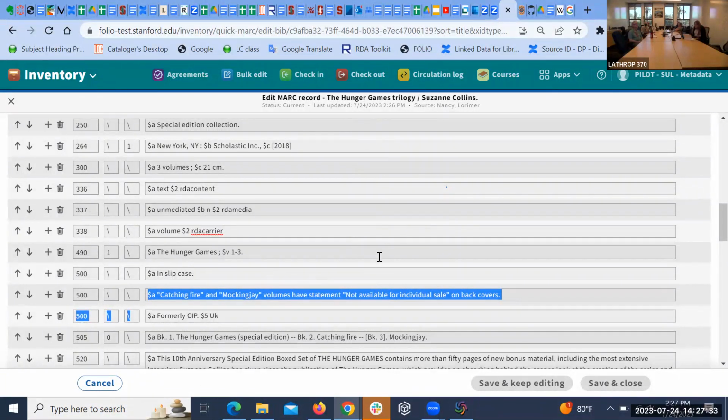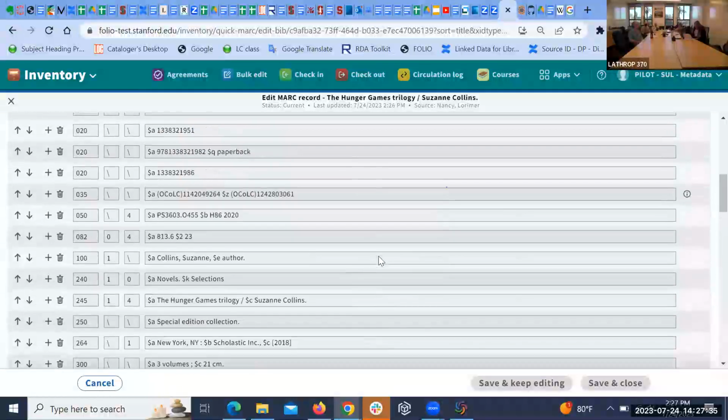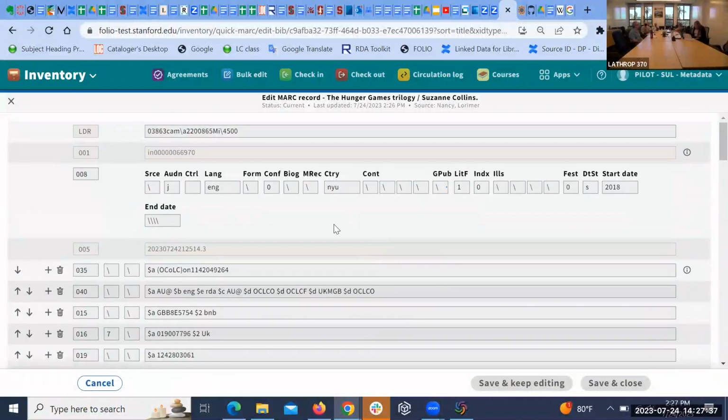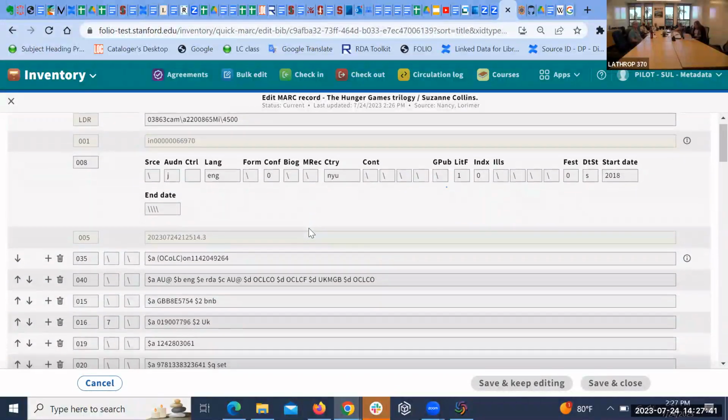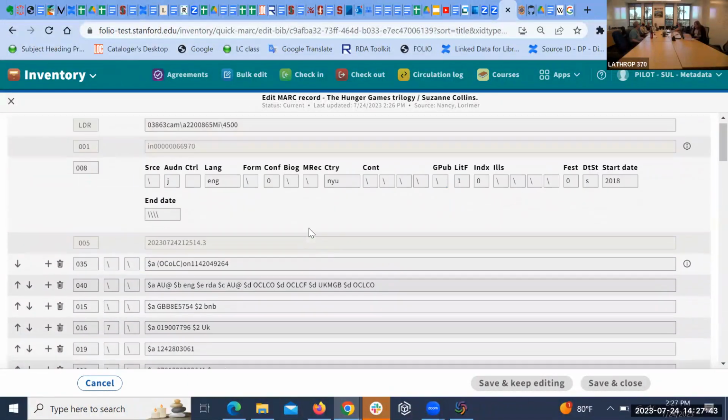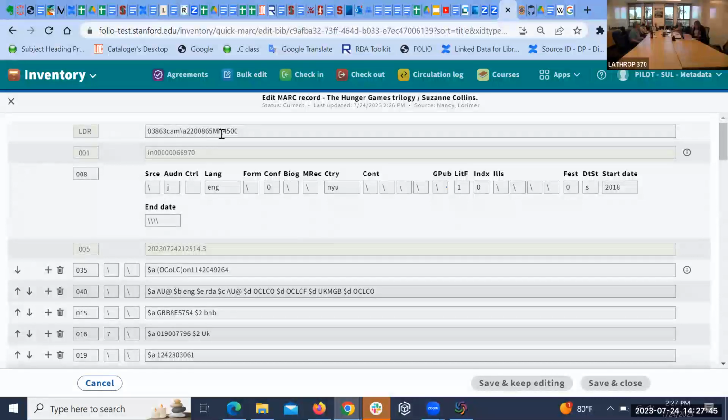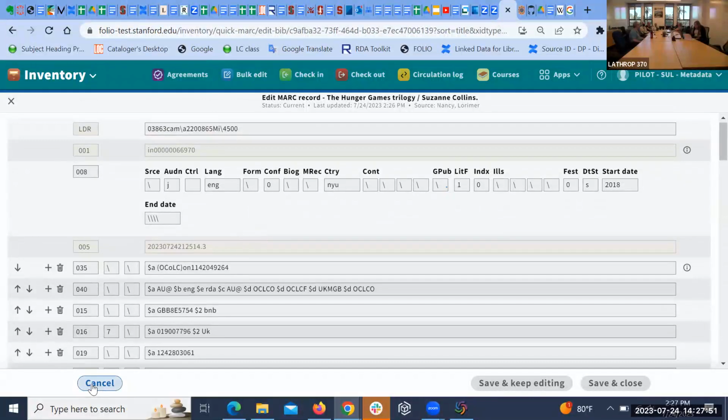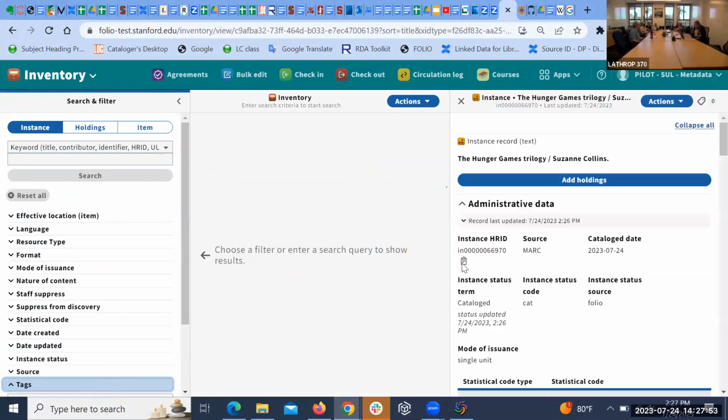Didn't they have a drop-down menu at the end of the mode of issuance? But it was grayed out too. It's grayed out, yeah. It has a drop-down. That's confusing. What's a little leader? I don't know if it's pulling something from the leader or if it's deciding everything is single unless it's a serial. Well, we're not going to worry about it right now, okay? If you can't do anything to it, you can't do anything to it, and that's about it, right? So,